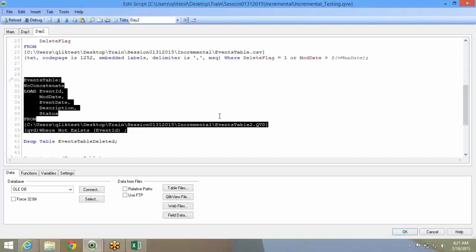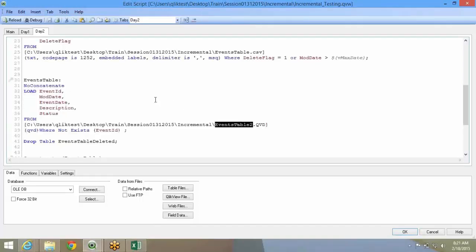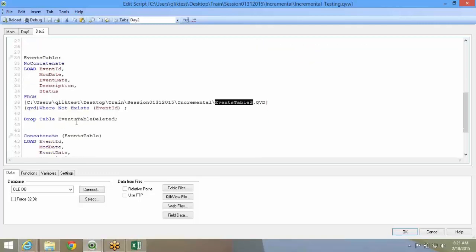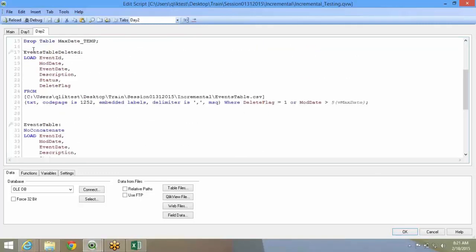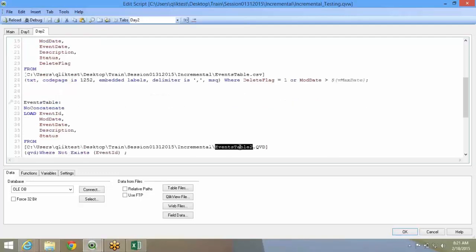Now those 7 records I will eliminate from the events table. So my existing QVD, day 1 QVD, right? This is my day 1 QVD. I'm deleting it. Now I drop out this first table that I load. Isn't that day 2 table? Events table 2. Events table 2 isn't day 2, not day 1. It's the one which I created on the first day.